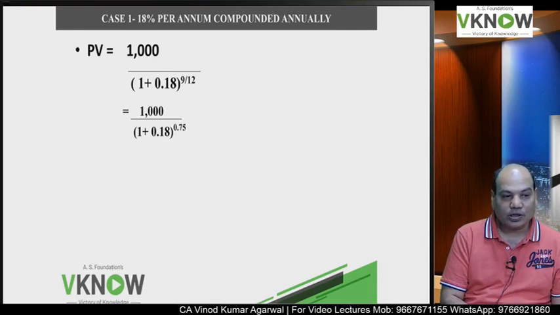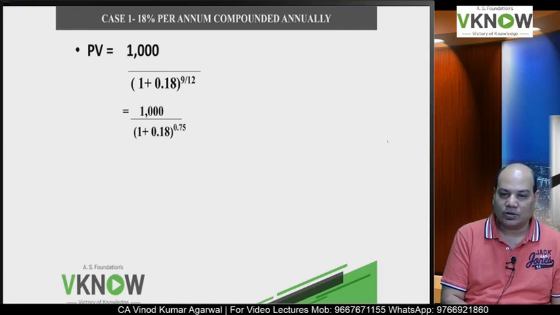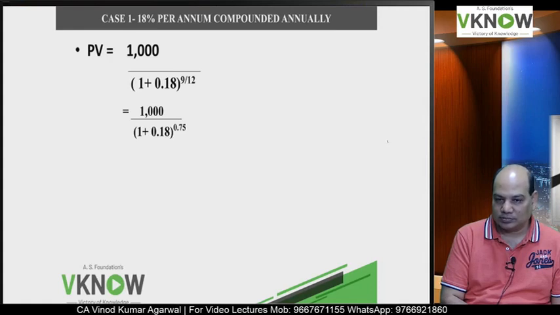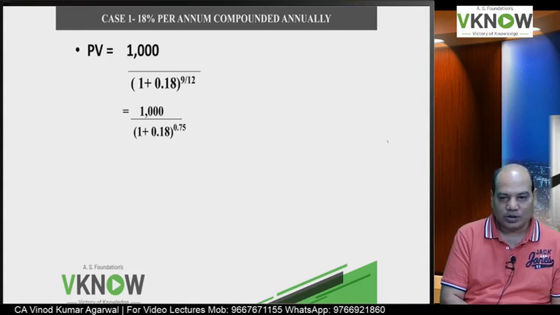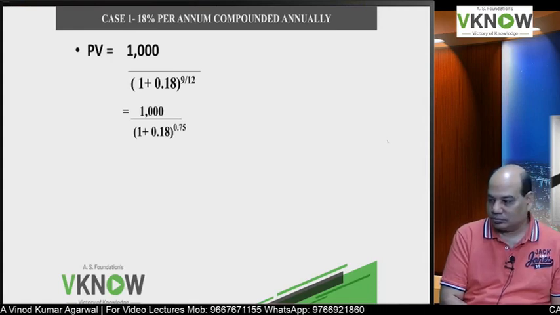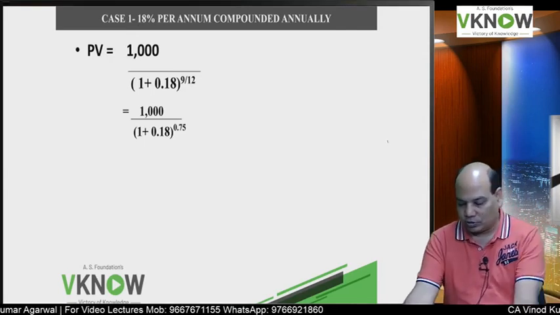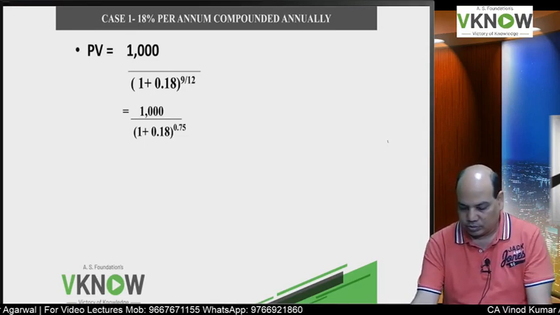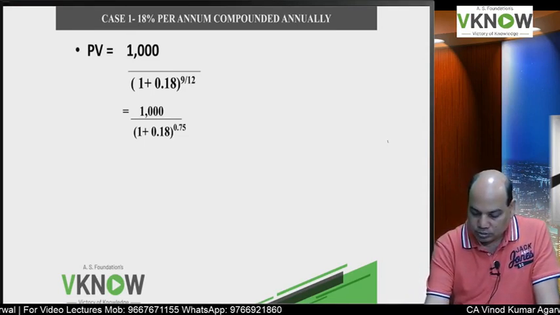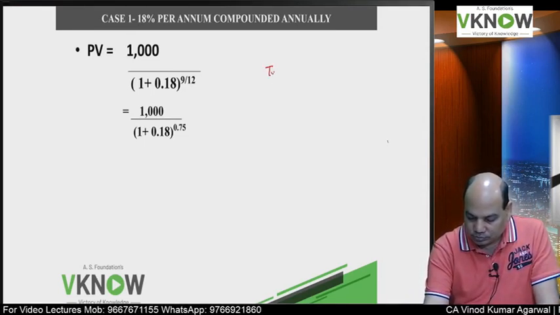So 1000 divided by 1.18 to the power 9 months converted into years, 9 by 12 years. 9 months means 0.75 years, correct? So how do you crack this 0.75? Power is 0.75. How do you crack the power as 0.75? So what the students will do, you first type